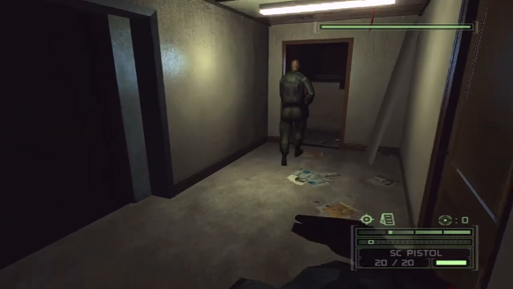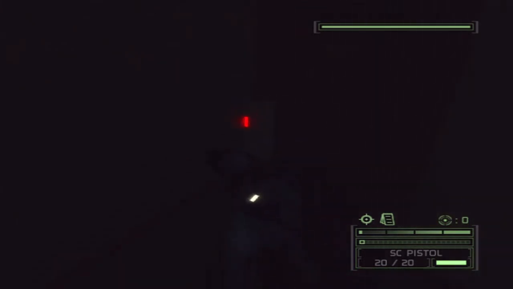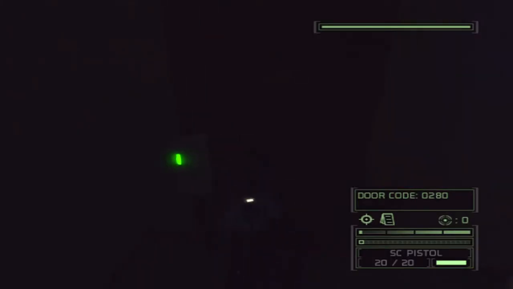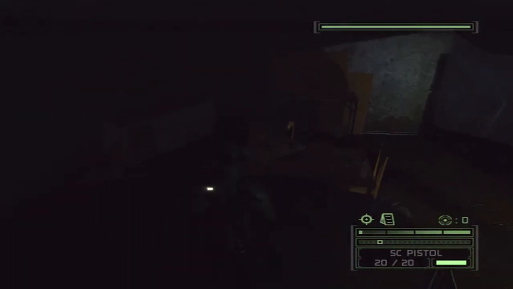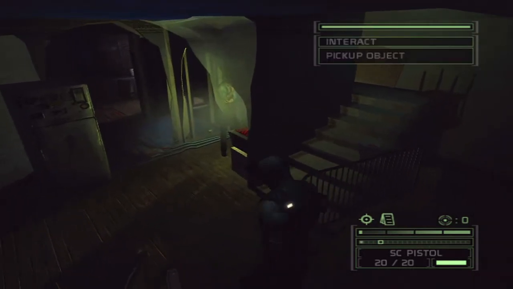And as soon as he does that, just come all the way over this way. And then we come to a door, and this is what the key code was for. So it's 0280. And through here, this is actually the NPC that I thought would see you and count against your mission rating. But it turns out that's not true at all. But